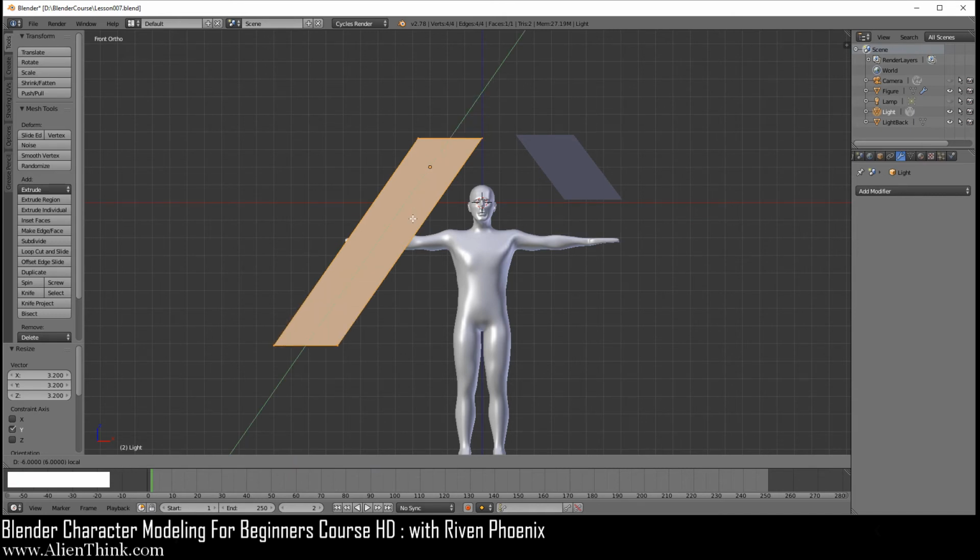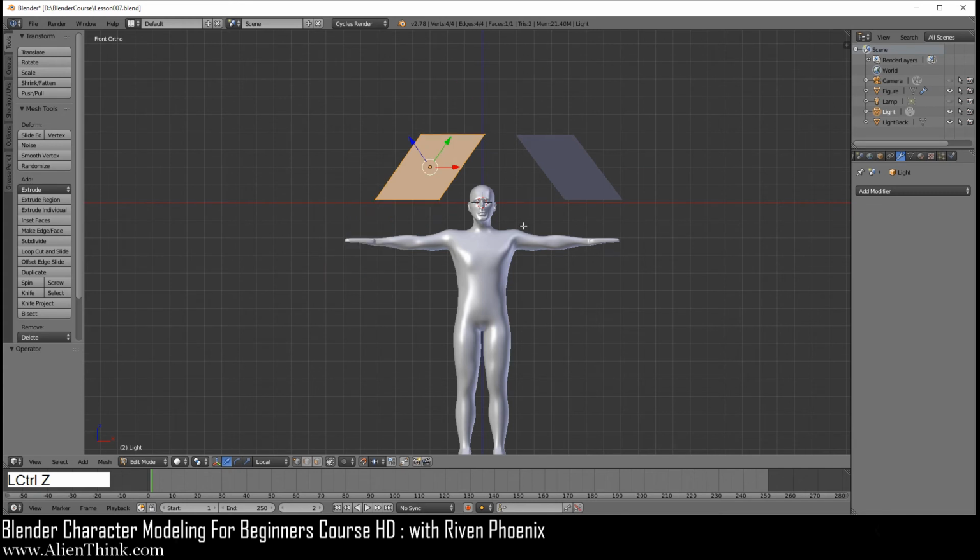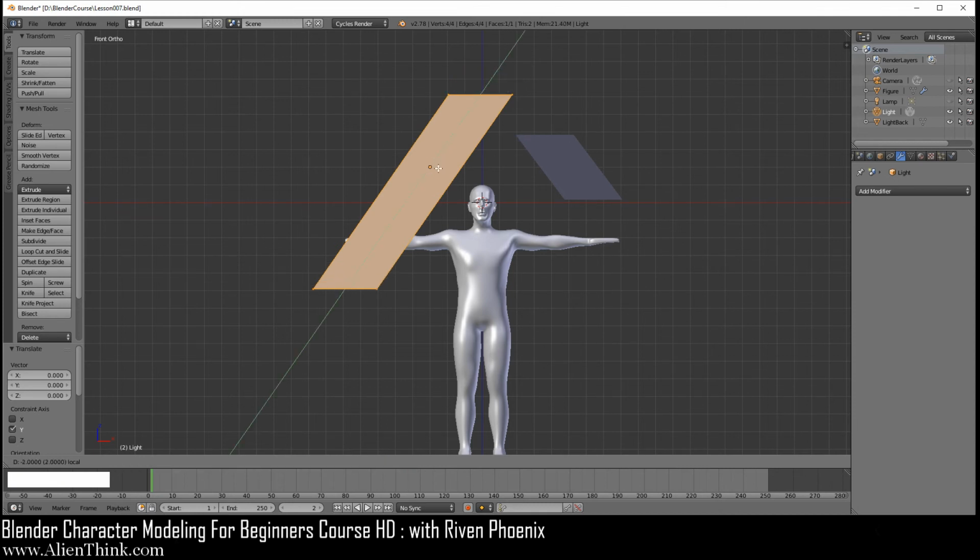Okay. So if I'm going to do Control Z all that just to show you. So I'm going to press the S key and the Y 2 times, and I'm going to do 1, 2, 3, up to about 20. So I did it about 20. Now I'm going to move it down. Basically, I want it to be where this is. Okay, so I'm going to bring it down 1, 2, 3, 4, 5. And I'll do 6 over here.